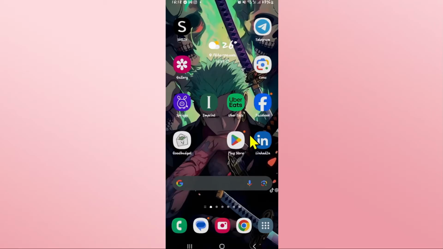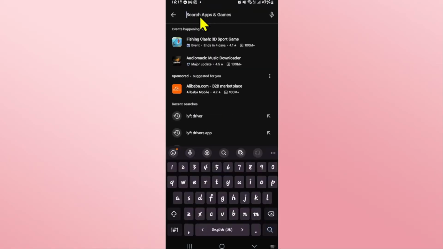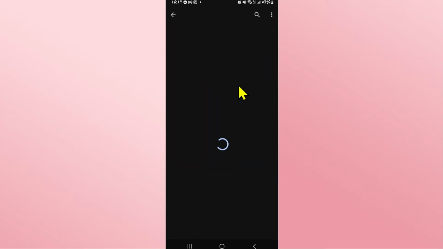First of all, open up the iOS App Store or the Google Play Store depending on your device. And once you open it up, tap on the search box and then type in Free Fire and start your search. Once you find the Free Fire game from Garena International, tap on it and you will see the install